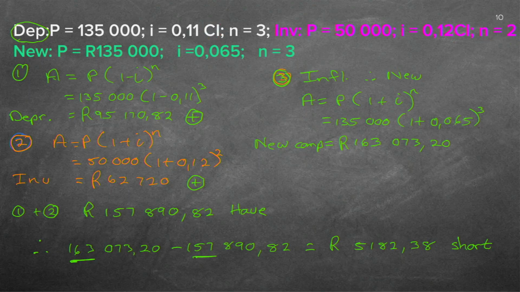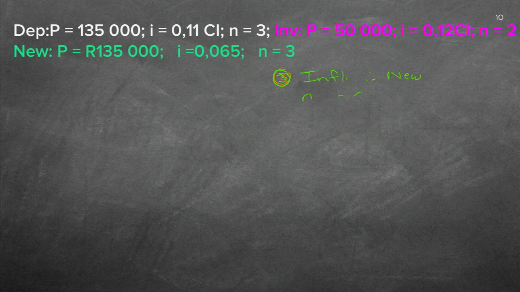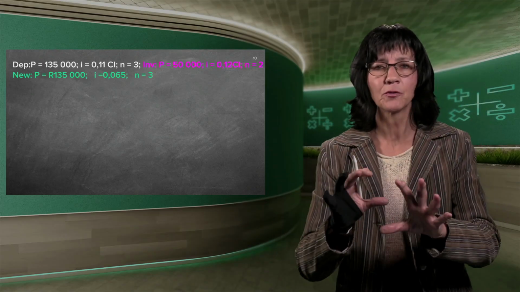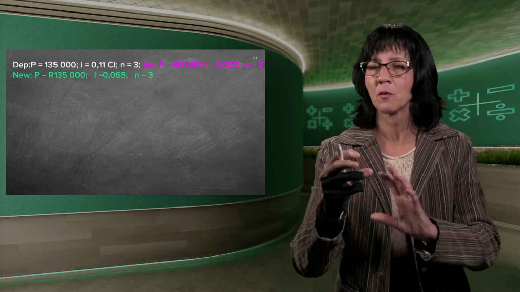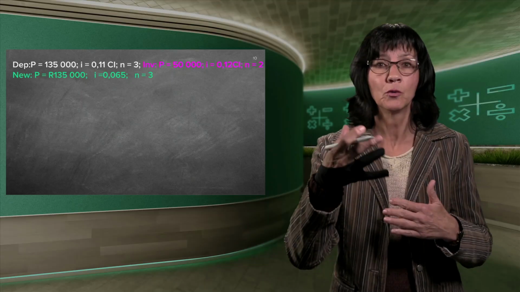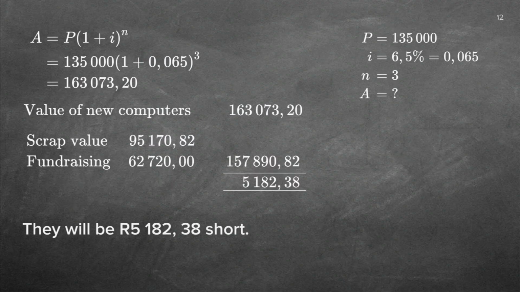I'm taking off everything so that you can highlight your own stuff. In exams, you can't use different colors. So I suggest that you make proper headings next to each sum that you do, and make sure that you know what you're busy with. Because if there's just 3 sums on your page, you're not going to remember which one is the money you have, which one is the money you're going to owe in the end. So there are the answers written out neatly.